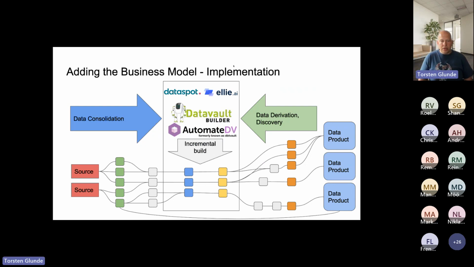So in our implementation of this business model, we're using different tools, implementations, in this case, data vault automations that enable us to automate the build in the middle, so that we don't introduce additional manual processing of the data. The only manual step that needs to be done is to map the source that's being imported via so-called hard rules